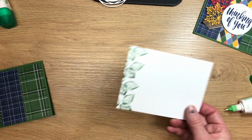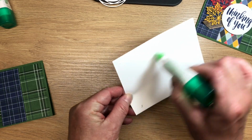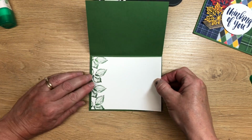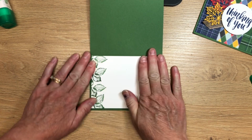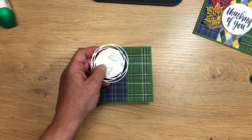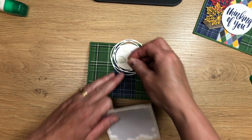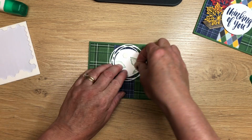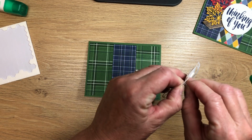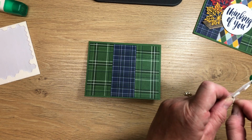All right, so let's add this to the inside panel. Again, I'll use my Tombow glue. And we'll just put this down with a 1/4 inch border on all 4 sides. Now I'm going to pop this one up to give it a little bit of height, and I'll need my dimensionals to do that. You can see I tried to stamp on the back side of this. I was thinking I would add on the leaves that we used, and you could do that, the leaves that we used for the envelope in the inside panel, but I thought about some of the